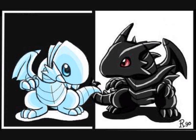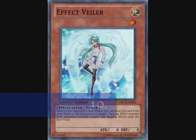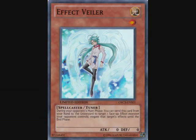So, in at number 10 is Effect Veiler. Now, I won't lie, Effect Veiler is a very, very good card and I use it myself, but it's recently come onto my top 10 hated list because people who know me and know my style of dueling a lot of the time know to keep this back in order to use it at maximum effect against me. Using it on my Maiden, using it on my Red Eyes Darkness Metal Dragon, or using it on Bright Star Dragon in order to get Maiden's effect to go off and everything,